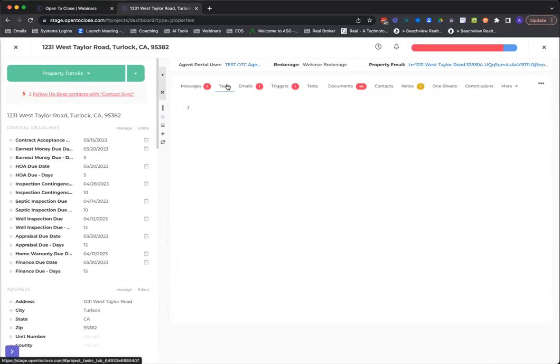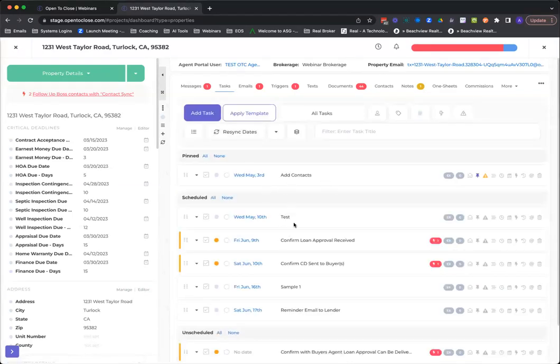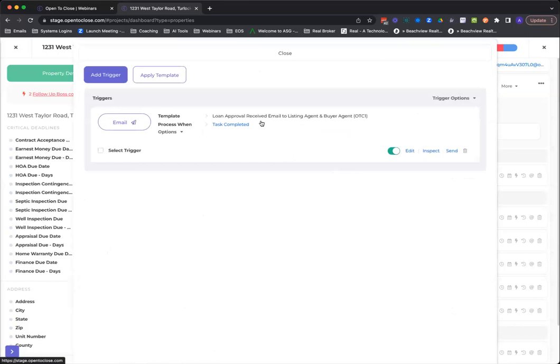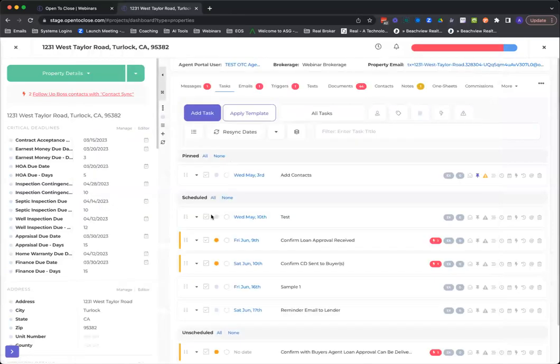When you get in here and you're in your tasks, and let's just say you had a task called confirm loan approval received. Well, every time I check this off, I send an email. Now you can come in here and say, hey, every time I check this off, I send an email. So let's just automate that process. Let's go in here and add an email. And here's my loan approval received email to listing agent and buyer agent when the task is complete. So now when I come over here and I say, oh, this is done, I click that off, and that